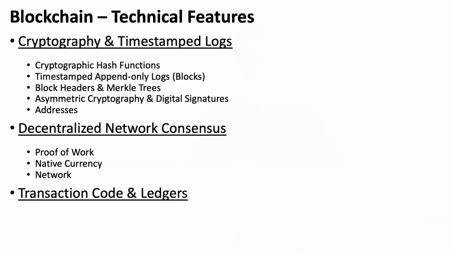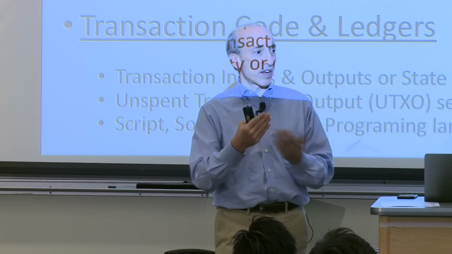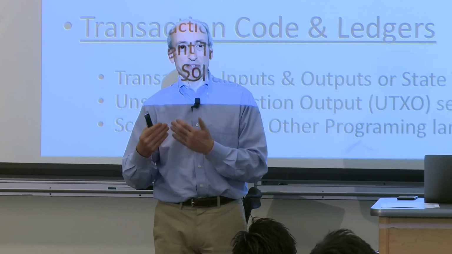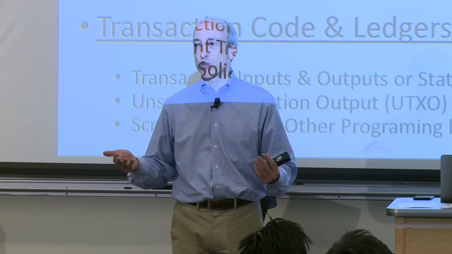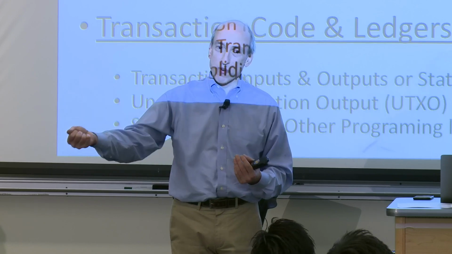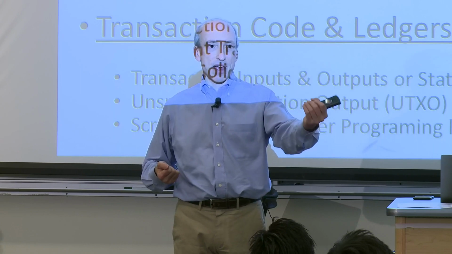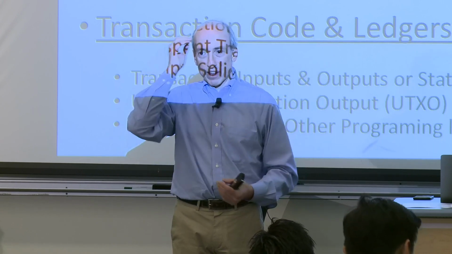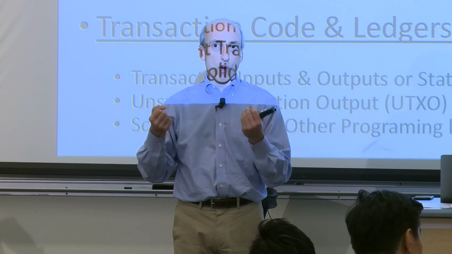And then the transactions, code, and ledgers shift largely depending upon whether it's a transaction ledger or an account ledger. So transaction ledgers have to have some way to record transactions. Account ledgers have to have some way to record the change in accounts, which Ether calls state transitions. But either you have to record a transaction or you have to record a change in the state or a change in the account. An account would be like the income statement versus the balance sheet, but you kind of need to record that.